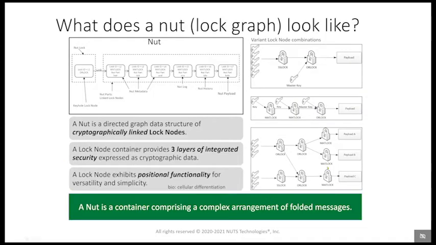So now that we know what the innards of a lock node look like and the various layers of security integrated into it, we can take a look at what a lock graph looks like. Technically, a NUT is a lock graph, which is a directed acyclic graph. A simple one that's linear may look like this, where you have a string of 7 lock nodes strung